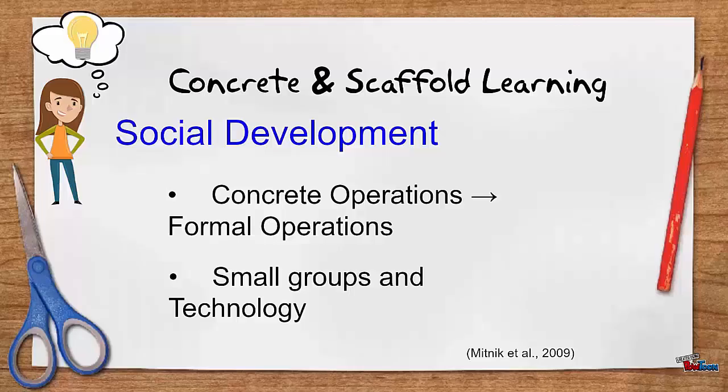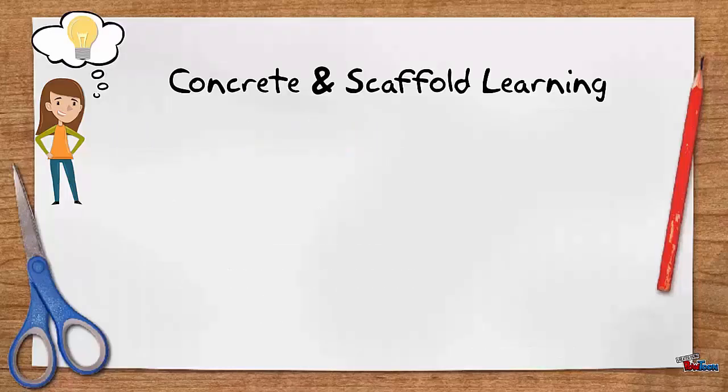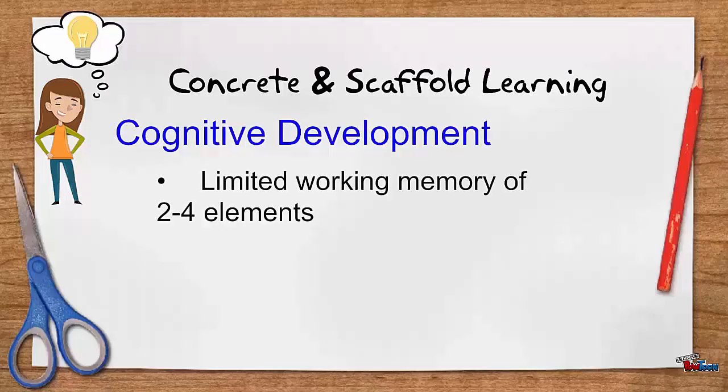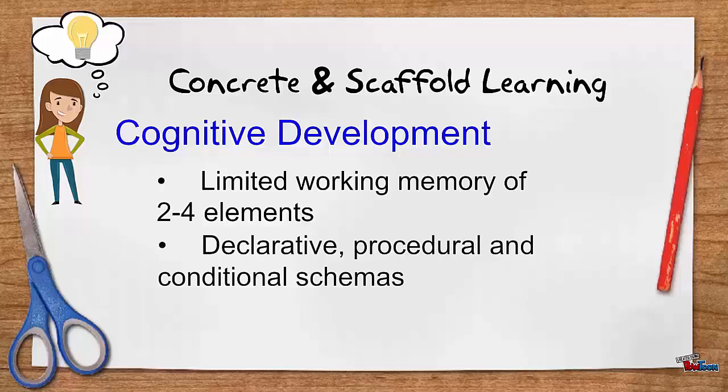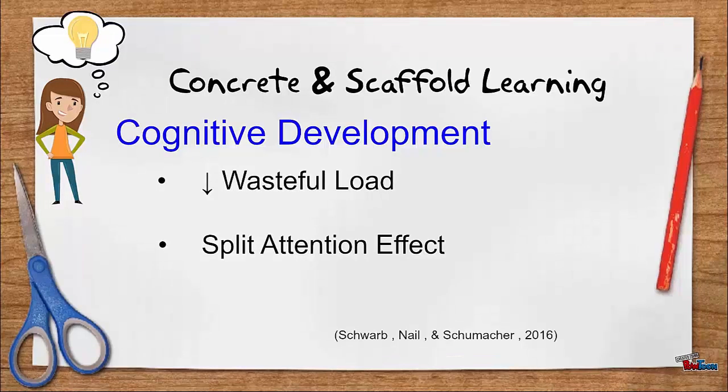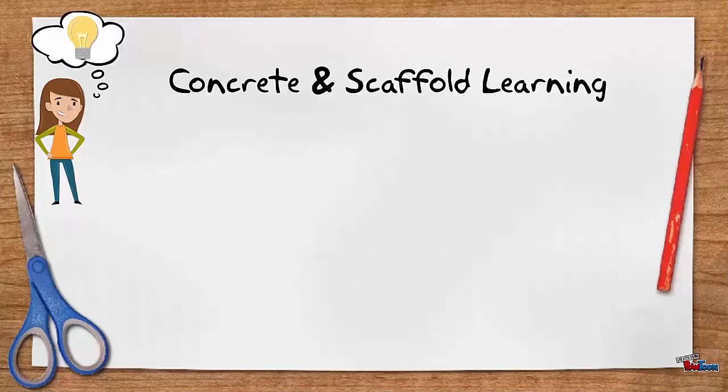This can help Kayla as she is struggling to process maths and science through visualizing the concepts being taught by technology. Since working memory takes more effort, scaffolding content should be taken into account that only 2 to 4 elements of information can be processed at a time. Information should be scaffolded in a way which helps develop the declarative, procedural, and conditional schemas. Extraneous load should be reduced when scaffolding. This can be achieved through the increasing high intrinsic learning material. In Kayla's case, learning material should limit the split attention effect, which is when information and questions are spatially and temporally separated.